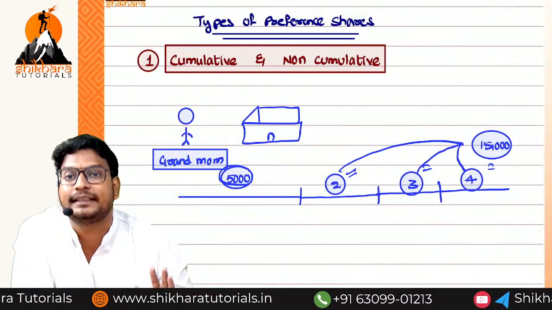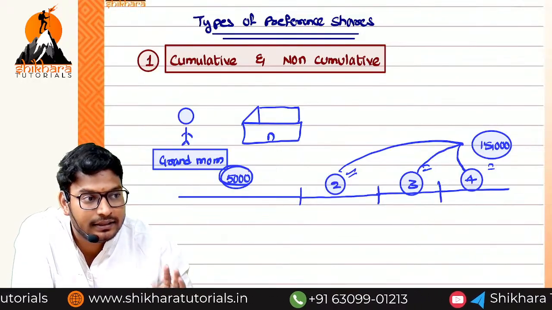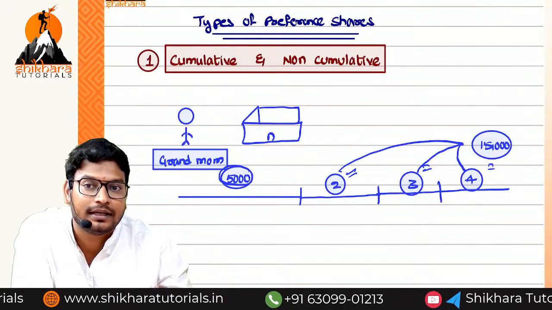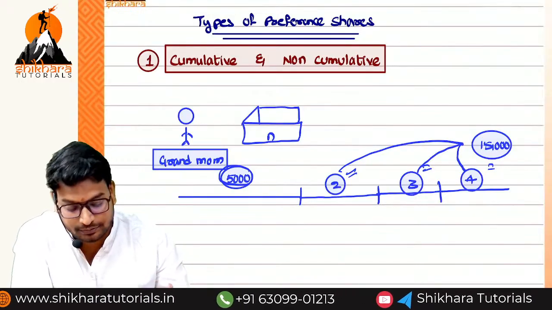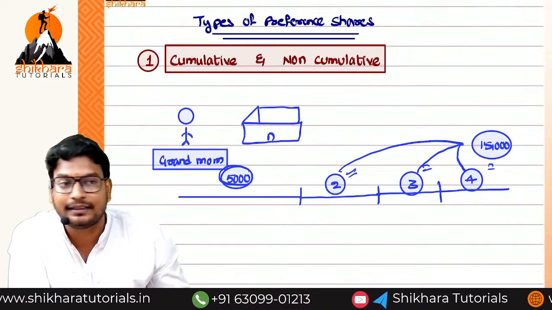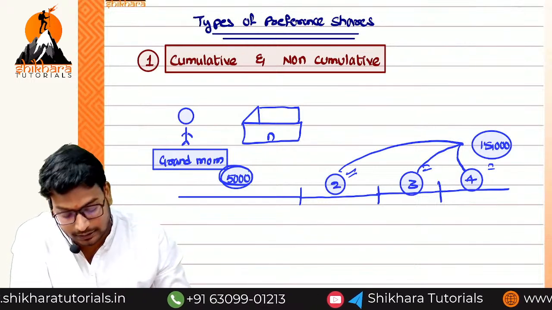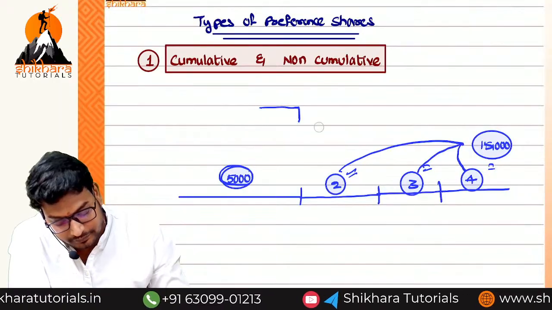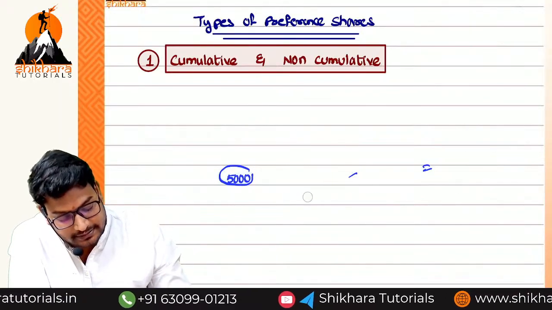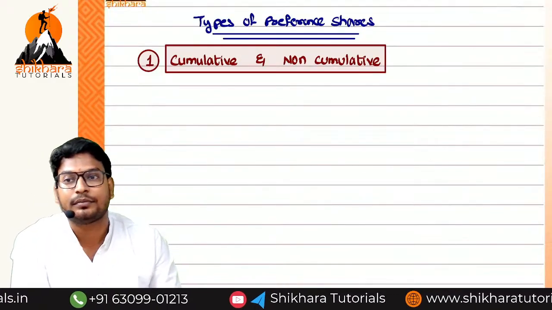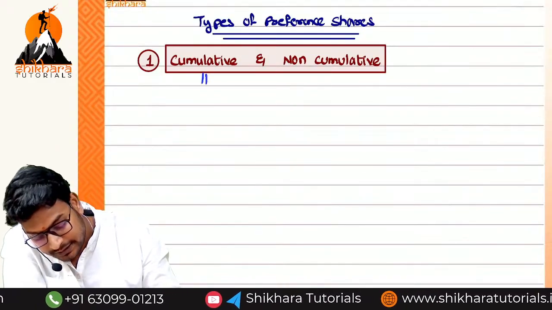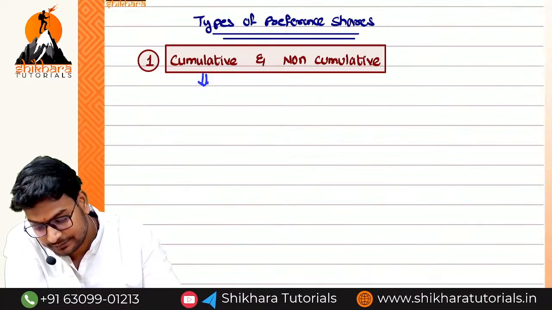Only up to 3 years they can make it cumulative. Otherwise they can make it cumulative or they will not make it cumulative. So I think you understand the clear picture about cumulative and non-cumulative. So just write the meaning of cumulative. Opposite to cumulative is called non-cumulative. So cumulative preference share is nothing but